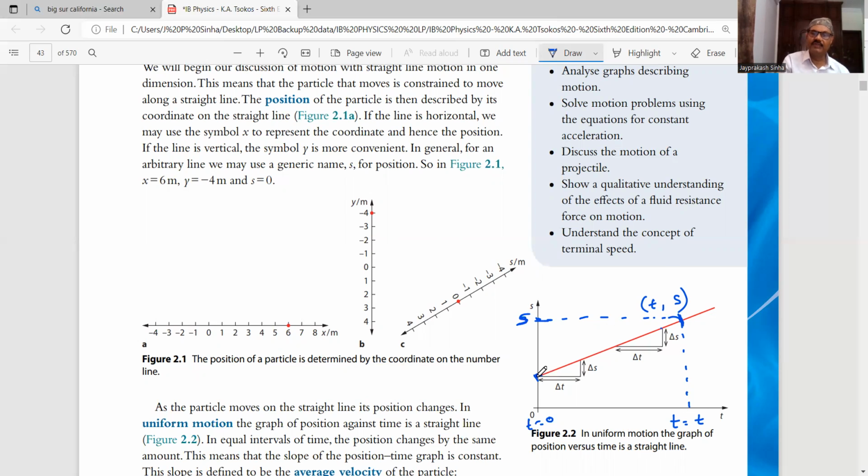X coordinate of this straight line is at this point. Just assume that this point is P. So at point P, the X coordinate is T and the Y coordinate is S. And this is at T is equal to 0. This is your SI. SI means the initial position. This is the initial position of the body, and this is the final position of the body. Okay. So what you see here,